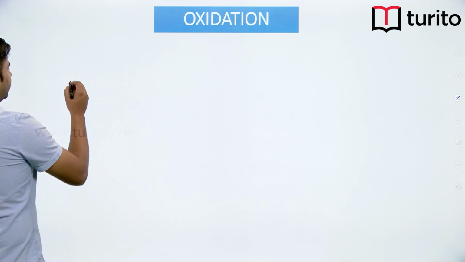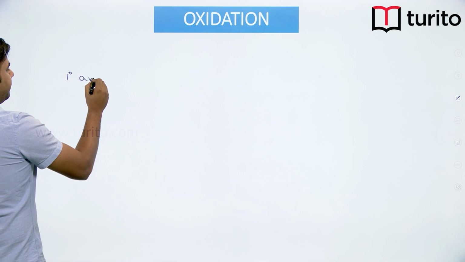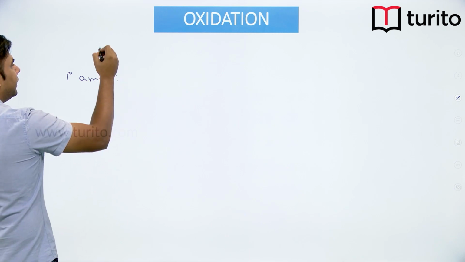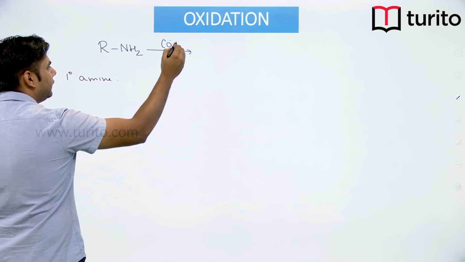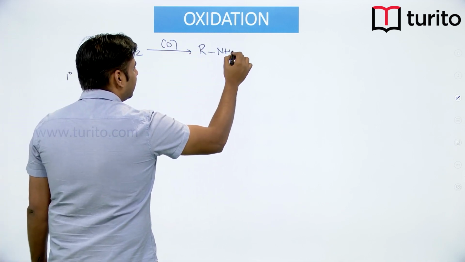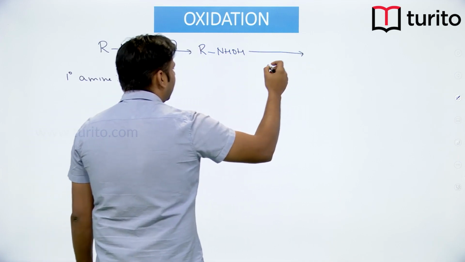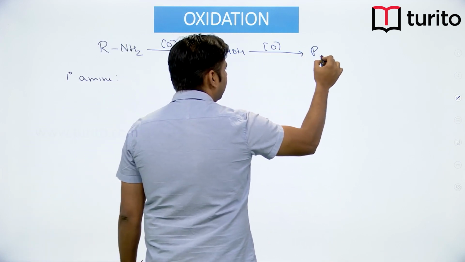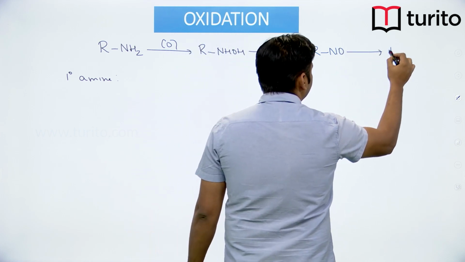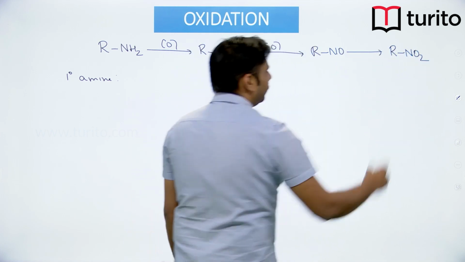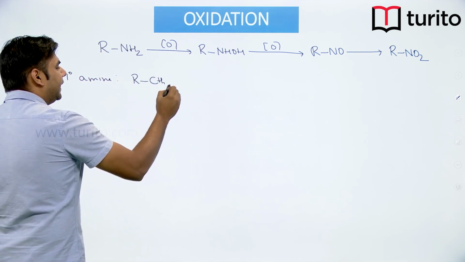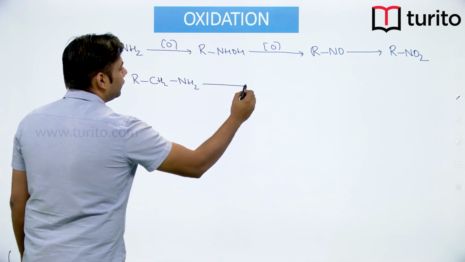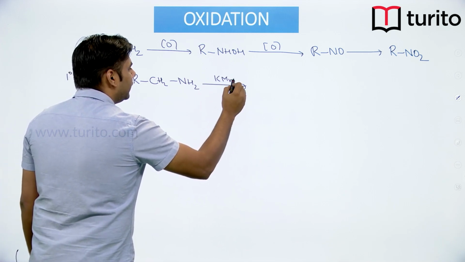Next important reaction is oxidation, okay. So if we do the oxidation of a 1-degree amine, oxidation of amine means first we can convert it into a hydroxylamine, further oxidation will convert it into a NO group, and further oxidation can convert it into a NO2 group, okay. So when you are doing an oxidation of a 1-degree amine by KMnO4,